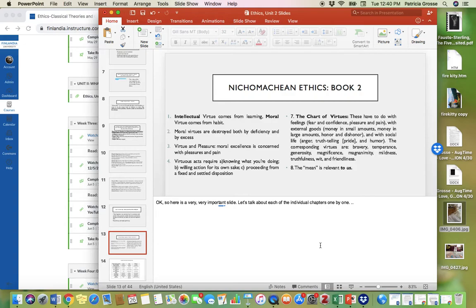So in book 2, chapter 1, he says that intellectual virtue comes from learning and moral virtue comes from habit. In the second chapter, he says moral virtues are destroyed both by deficiency and by excess. Okay, so intellectual virtue is being able to write well, talking real nice, being able to